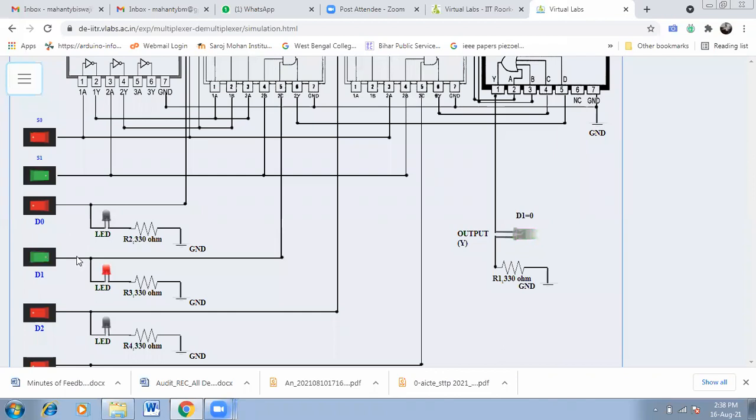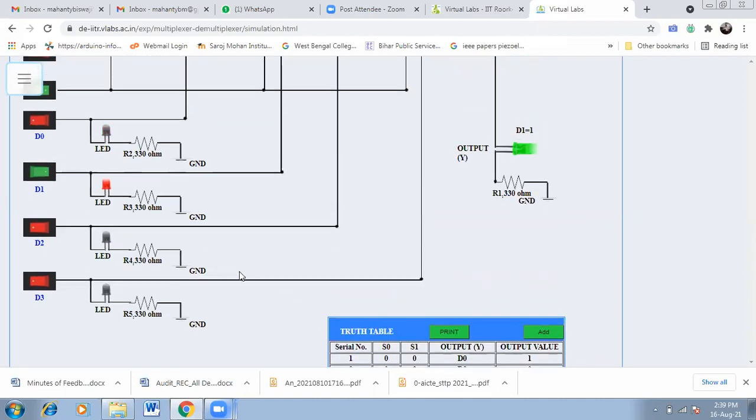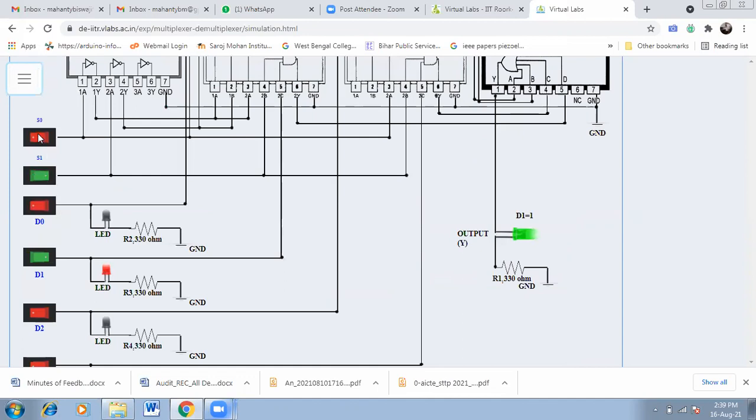So now write D1 is 1 and you can add it. Okay. So 0 1, D1 is 0, so output is 0. Now 0 1, the same data selection, D1 is selected and the output is 1. So I am repeating for 0 and 1. For D0, we are sending 1, and for D0 we are sending 0. Similarly, for D1 we are sending 1, and for D1 we are sending 0. S0, S1, so 0 0 and 0 1 completed.